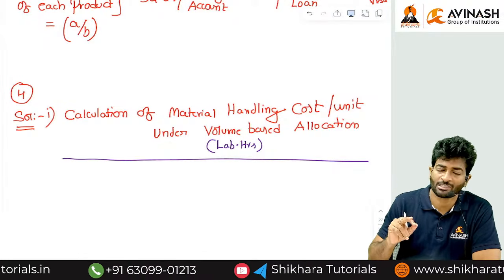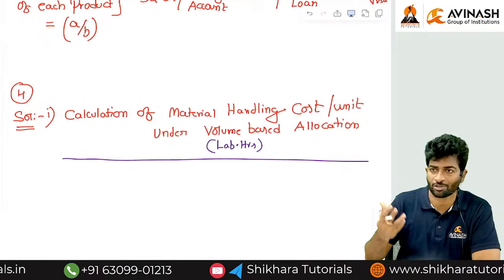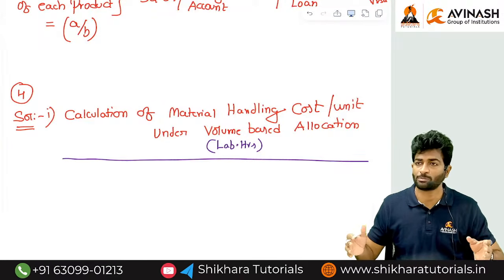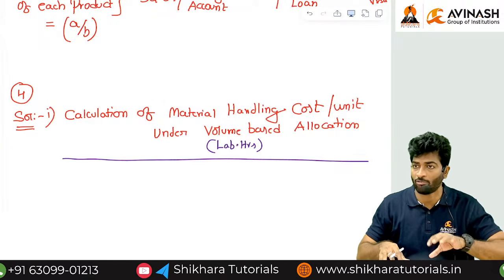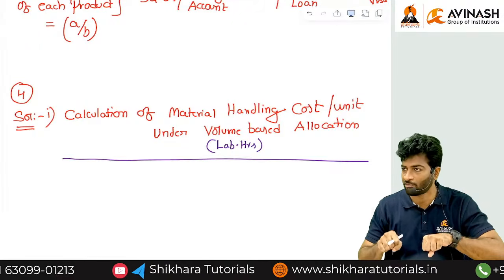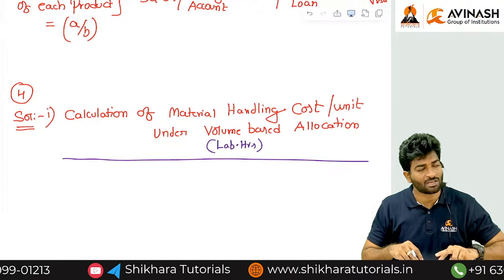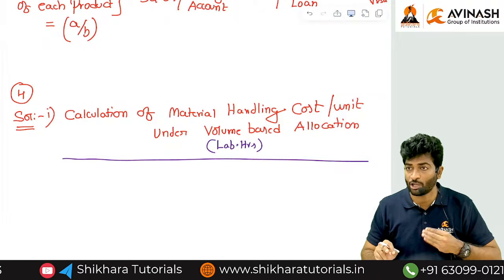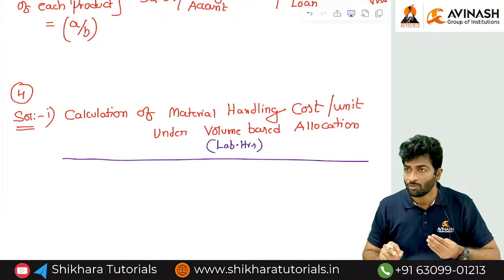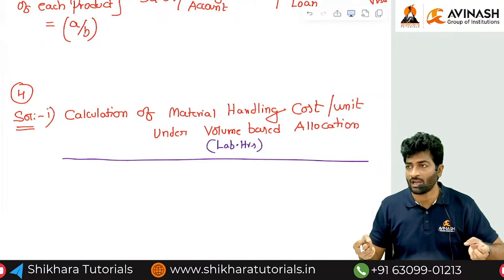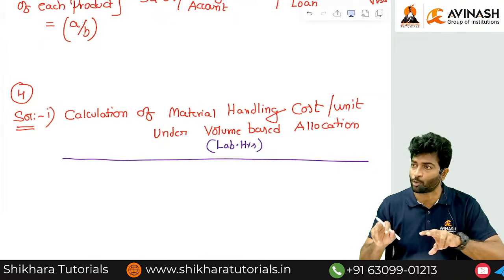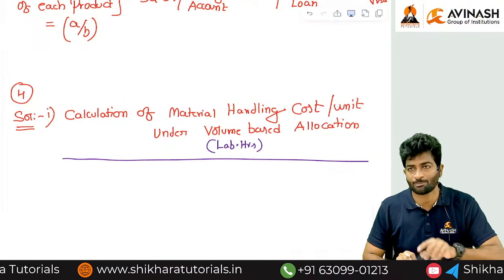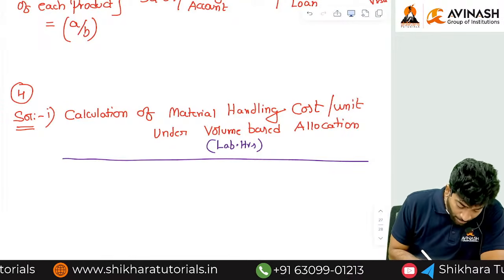So numerator is material handling cost for the entire production. Because you have that number 3,48,000 rupees. 3,48,000 rupees is for the entire production of both alpha and beta for the entire factory. So denominator labor hours also should be for the entire production. So how many units we have? 40 units of alpha and 40 units of beta. So you need to calculate total labor hours for the entire production first. That is our denominator. Clear? So after calculating that, then I'm going to substitute in that formula. Clear? So labor hours